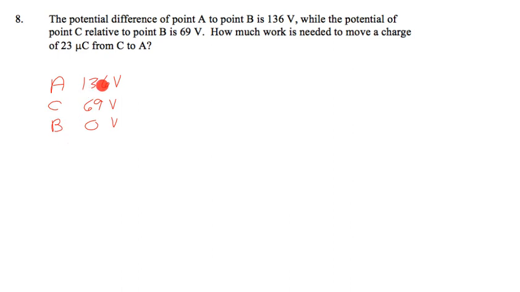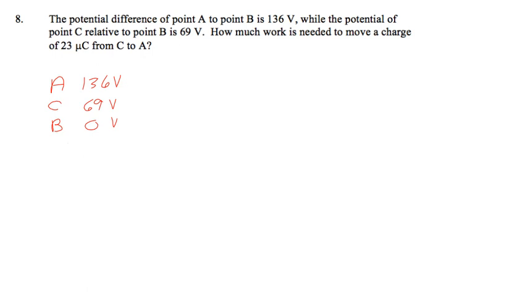So now at least I have this, and it doesn't mean that the potential of B is 0, and that's 69, and that's 136. This could be 1, 70, 137. That could be 2, 71, 138. All that matters is the difference. It doesn't matter where the starting point is,